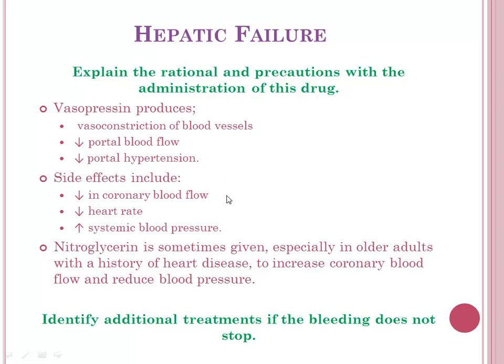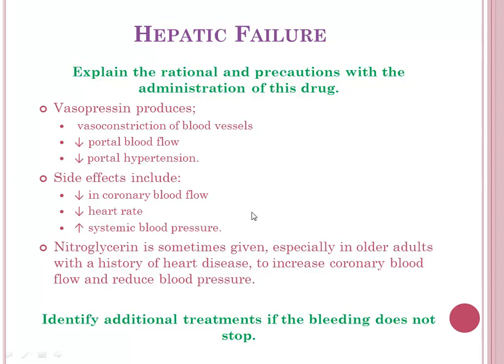It's a vasoconstrictor. And if this individual is unlucky enough to have not only hepatic failure but coronary artery disease, that vasopressin can vasoconstrict the coronary blood flow. And it can drop the heart rate and then increase systemic blood pressure, because you're vasoconstricting. So, these are not good side effects for an individual with coronary artery disease and known